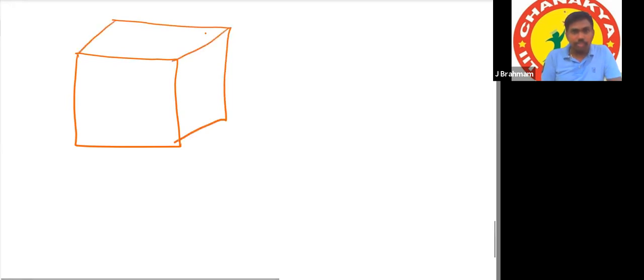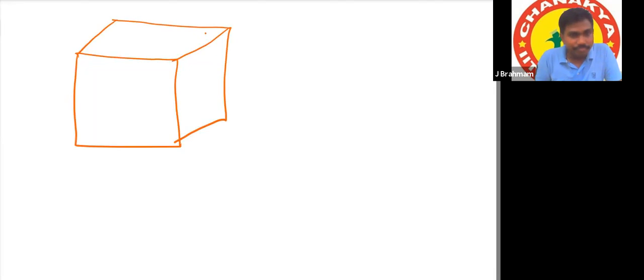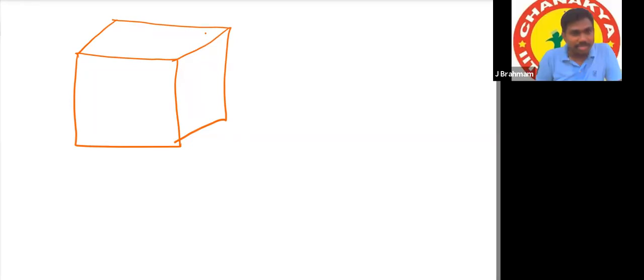Okay, here I'm drawing. Let us cut this cube. On every side, let us cut 2 times. Solid cube, means your inner part also. This is a solid dice. You cannot see all the 6 faces at a time.